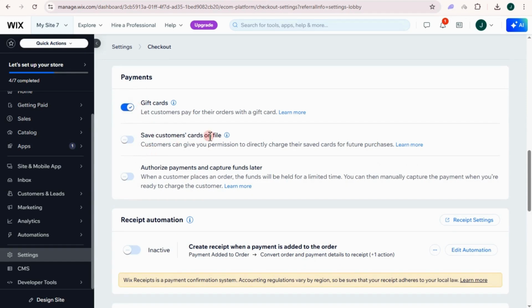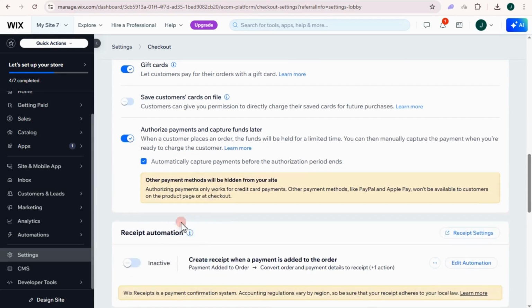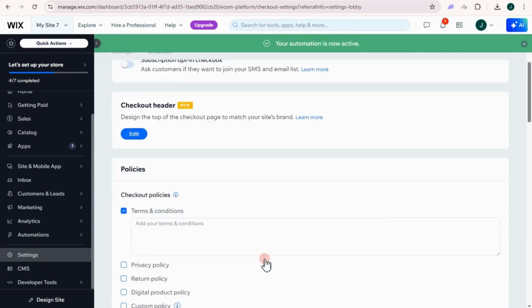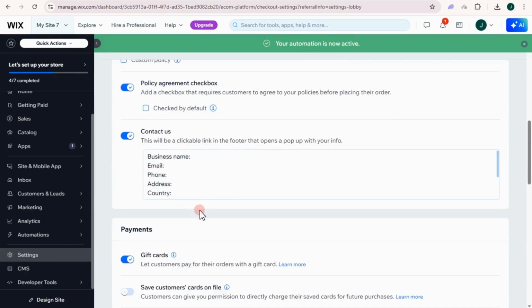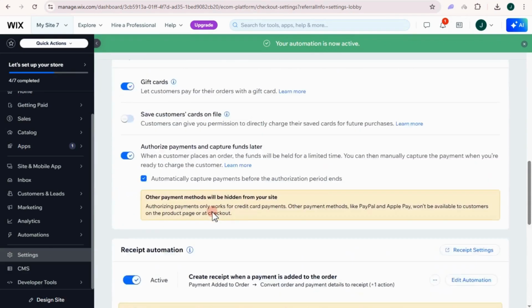You can turn on authorized payments and capture funds here. You can also turn on this receipt information, or receipt automation rather. Toggle this one on to activate. Okay, so this is what it looks like. So let's start with this